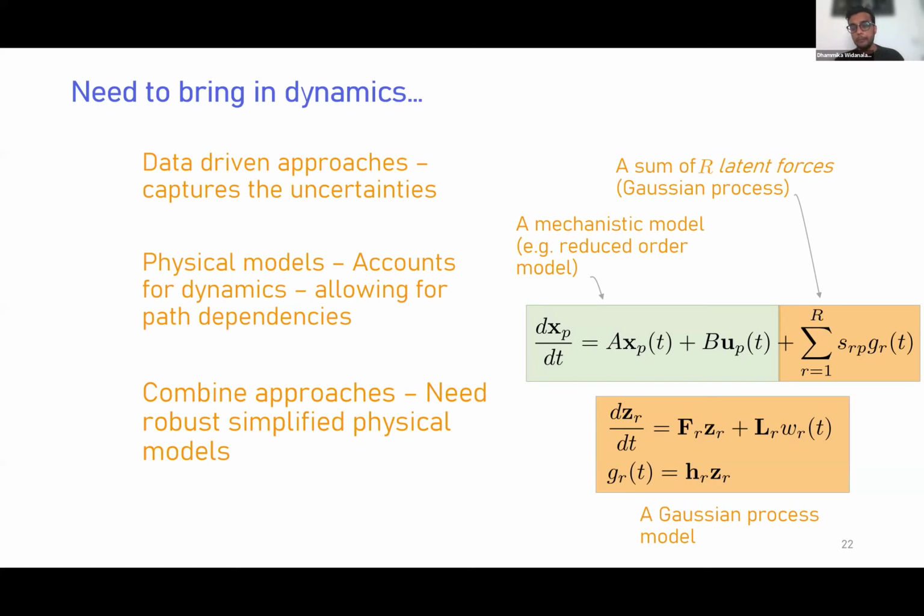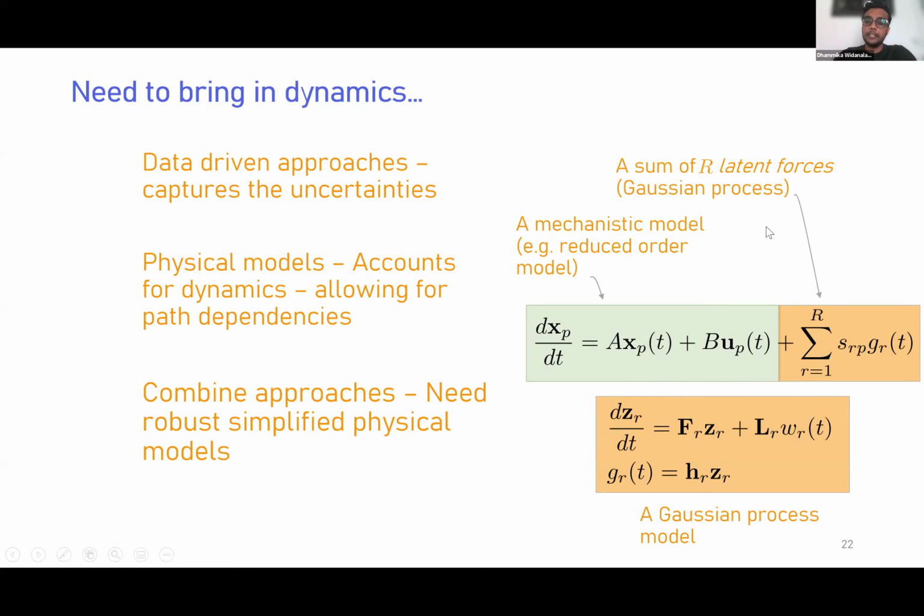So this is some work we've been doing with the Alan Turing Institute, and it's still a long way to go before we can get it working with aging, but it seems to work fairly well with electrochemical models in the absence of aging at the moment. And the idea is this: we have a fairly good understanding of the dynamics shown by the green box here, and that could have some mathematical representation, for example, state space models. And you bring in unknown dynamics, unknown behaviors, through Gaussian processes, what's called latent forces.